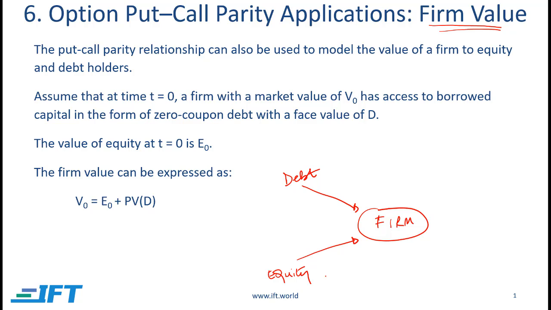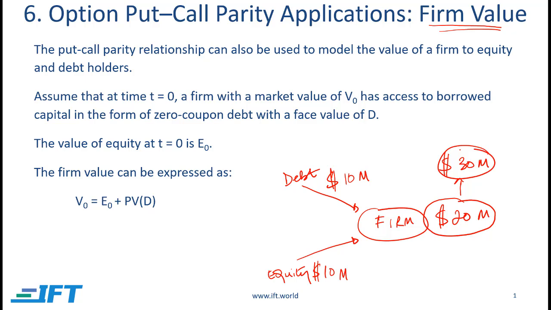Now, let's say we started a company with $10 million equity and $10 million debt. And initially, this company was worth $20 million, right? And then the business did very well, and now this company is worth $30 million. But the bank loan is not going to change. Bank loan will remain at what it was originally. So the difference between the worth of the company, which is 30, and the bank loan, which is 10, is now 20. So the shareholders who had started this company for $10 million now can say our company is worth